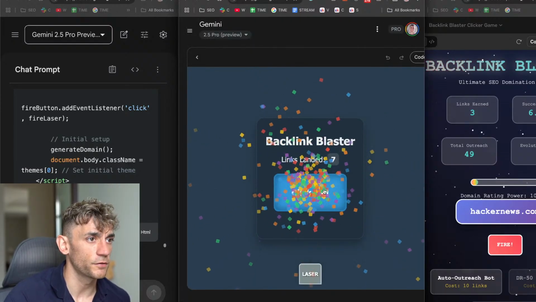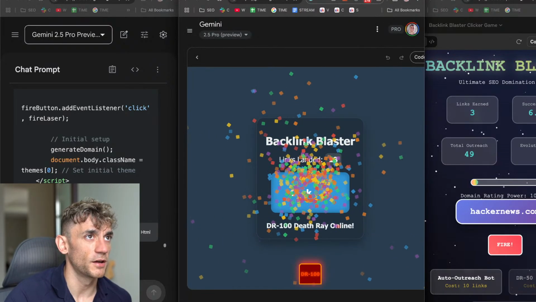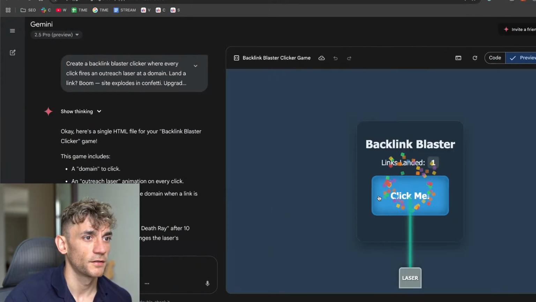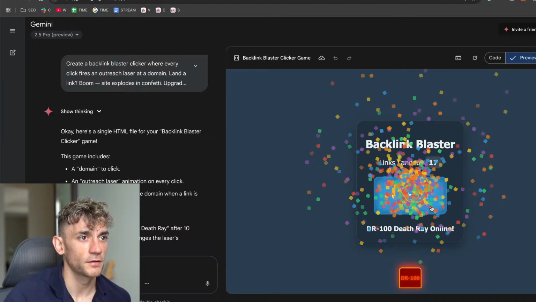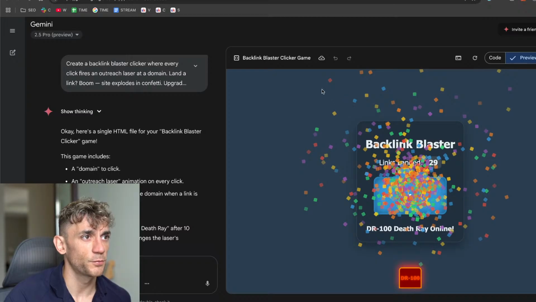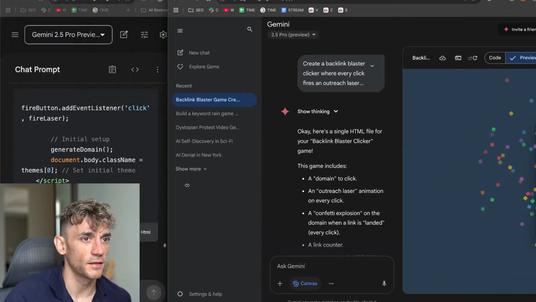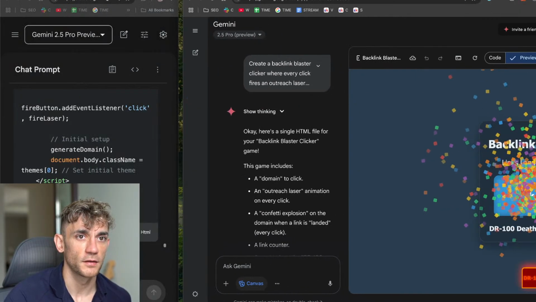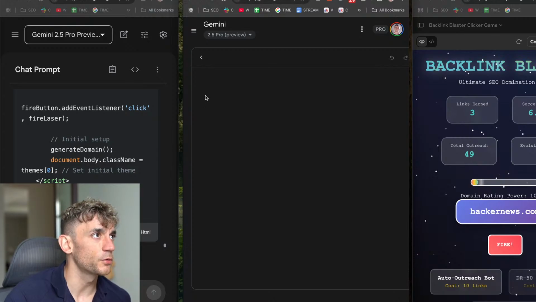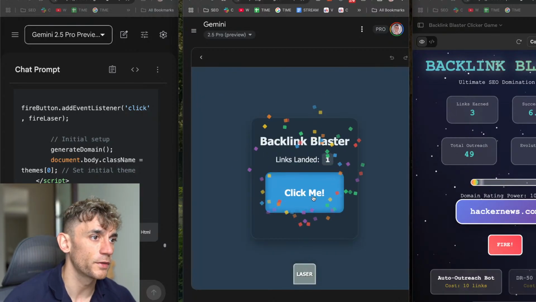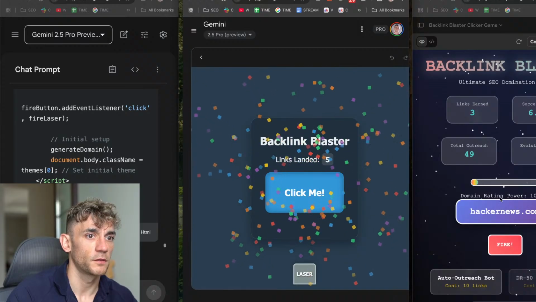Let's see what we got back from Gemini. Yeah, I'm going to go with that one. That is pretty insane. It's broken, but I liked it. That one was the most entertaining. I wouldn't say any of them were particularly interesting, to be honest. But that one was probably the best. So I would say Gemini 2.5 Pro won that one. It's the most interesting.